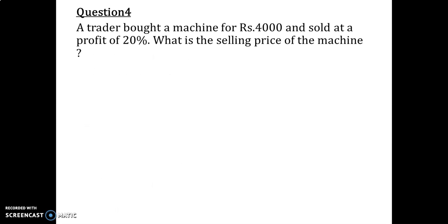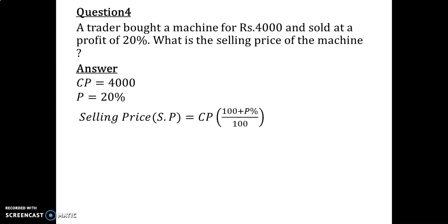So the next question is, a trader bought a machine for Rs 4000 and sold at a profit of 20%. What is the selling price of the machine? Here we need to find the selling price, and from the question we have cost price and profit percentage. So we have the equation, selling price is equal to cost price into 100 plus profit percentage divided by 100. So selling price is equal to 4000